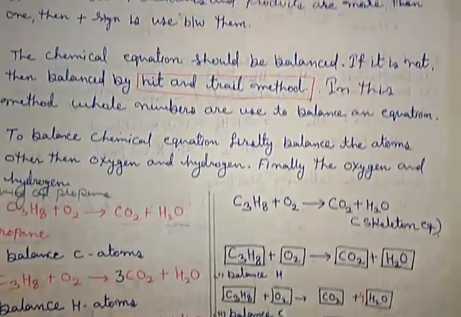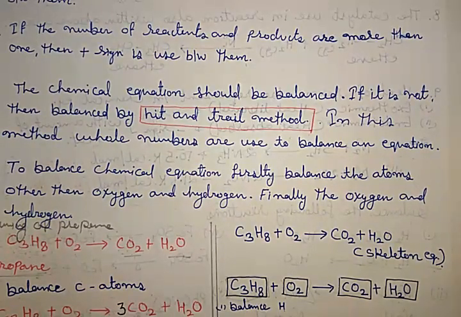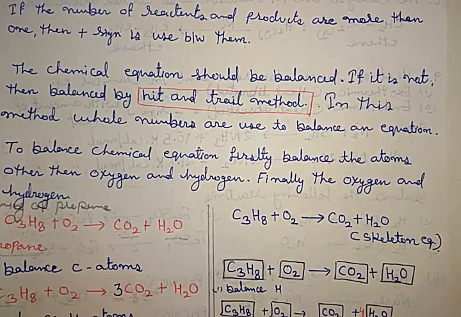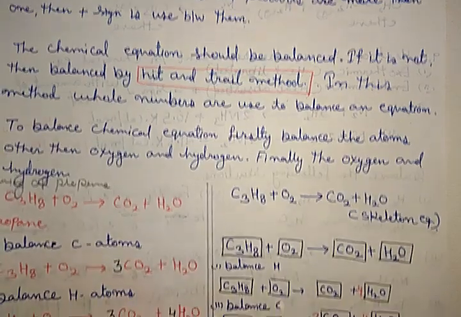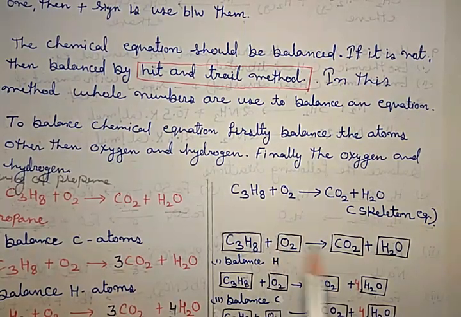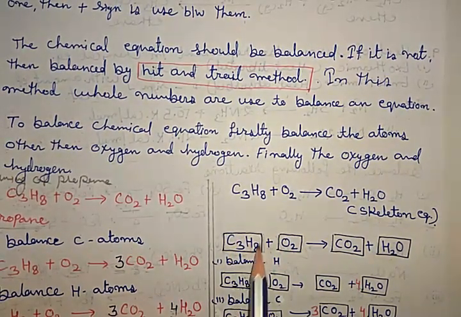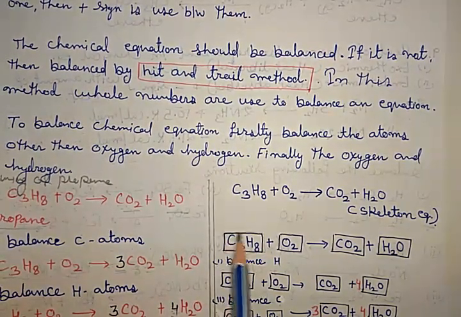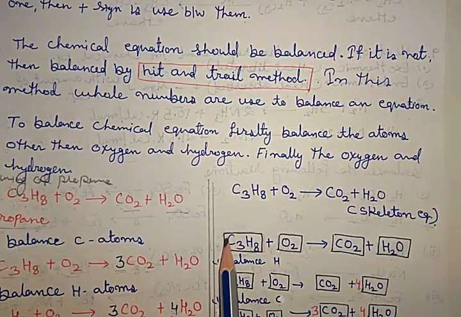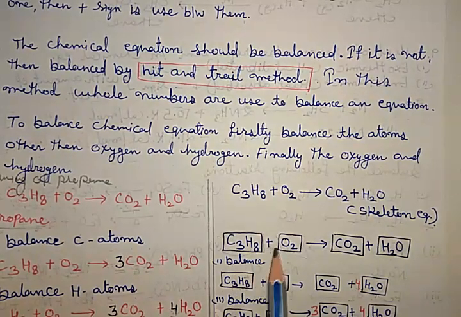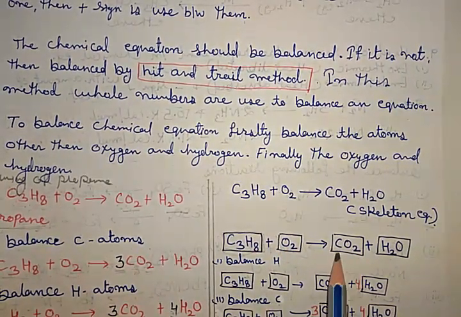Okay, in the CBSE method or in another method, we can understand this by the box method. That is our reaction which is unbalanced, which is known as the skeleton equation. Now that box, we have to keep it in mind. There is no need to actually make the box, but it makes clear in your mind that we do not bring any change in this basic chemical equation.